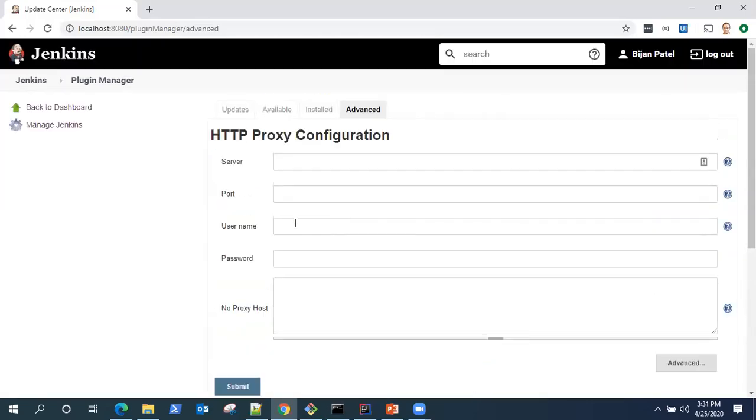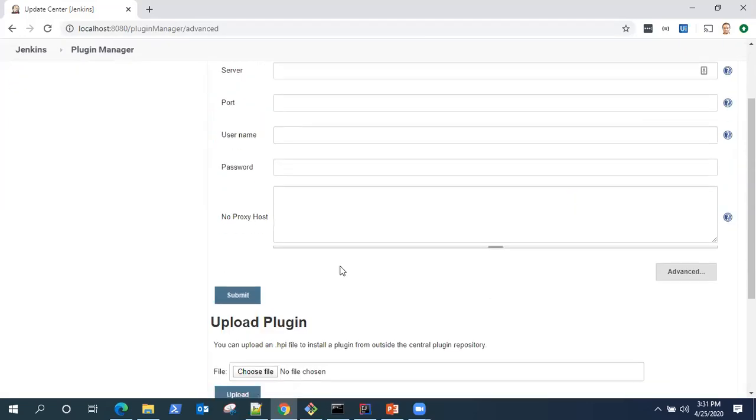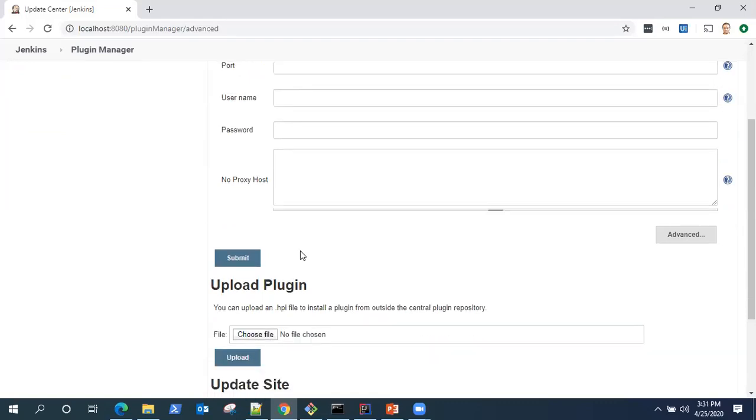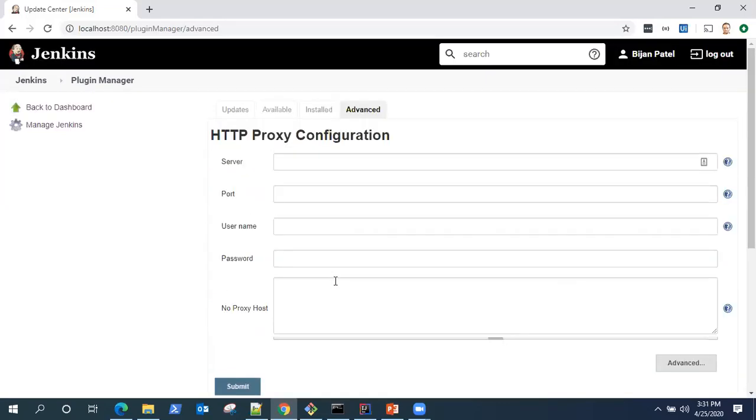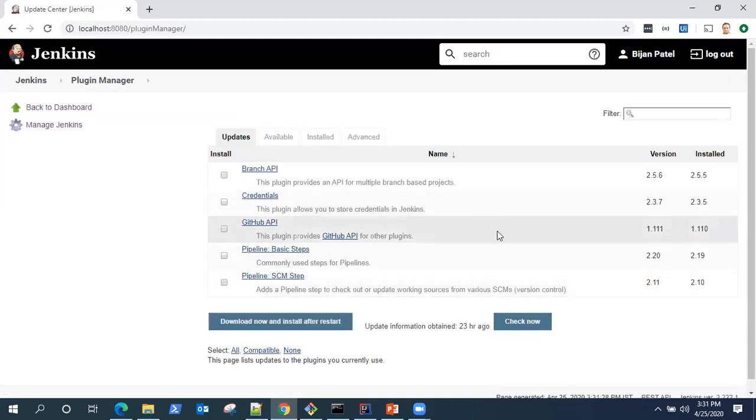So there are a few other options how you can download these plugins and install them on Jenkins. But as I said earlier, everything in Jenkins is performed by help of plugins. So it's very important to get the right plugins for the task which you are performing on your Jenkins instance.